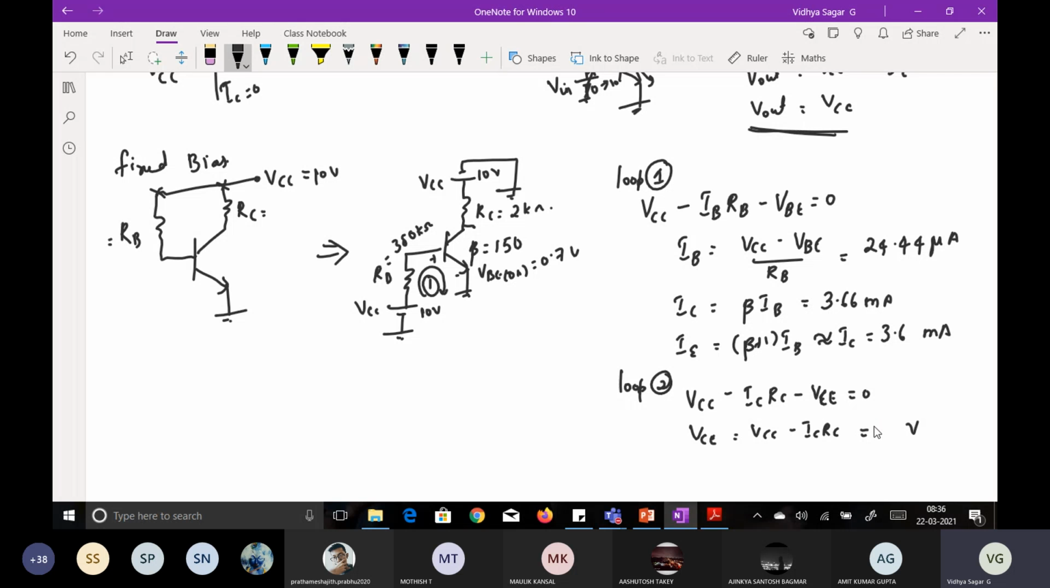What is the answer? So it should be approximately 3 point something, if I'm not wrong. VCE. 2.68. 2.68. Okay. Are you getting the similar answers? So now we'll say that the transistor here, you could see it is operating in active region only. How? Can you justify how? So we could see that VCE